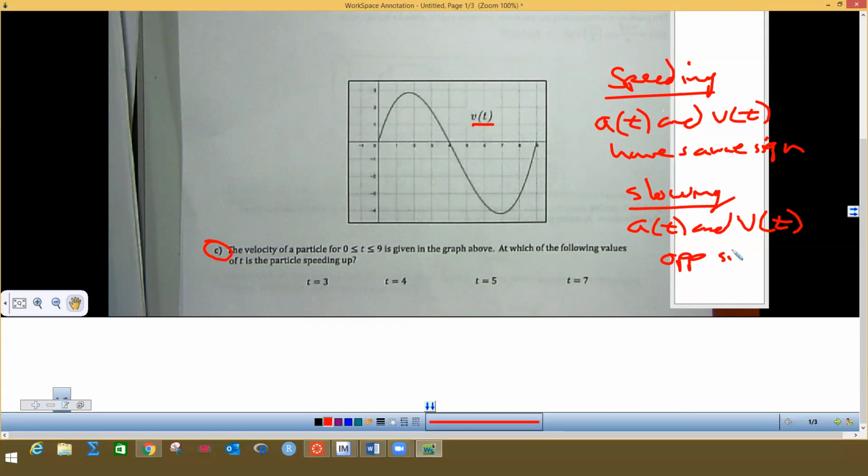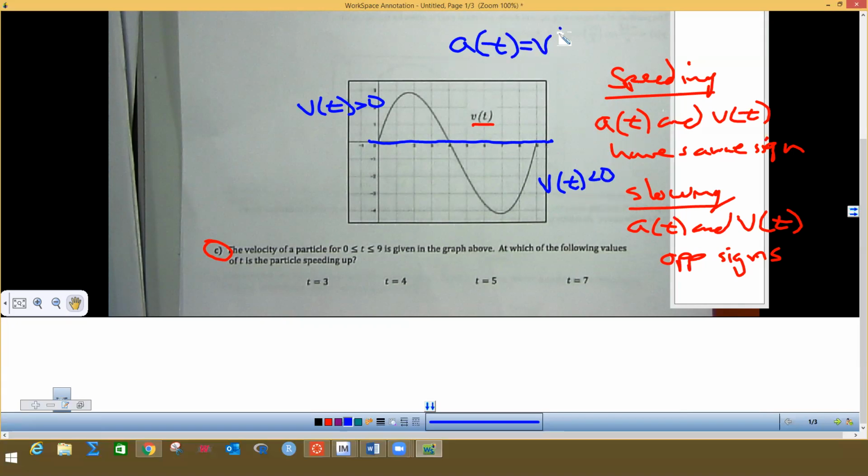So we want to find where v(t) is greater than 0 and the acceleration is greater than 0, or both less than 0. So if you look at the line, this again is v(t). If you look at the x-axis, v(t) is greater than 0 above the x-axis, or positive, and v(t) is less than 0 below the x-axis. Now acceleration